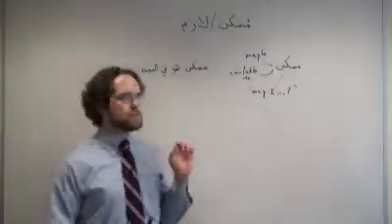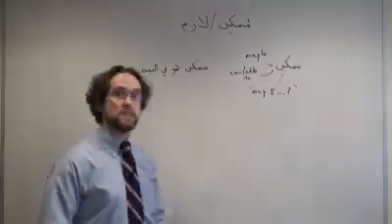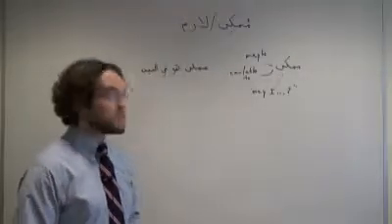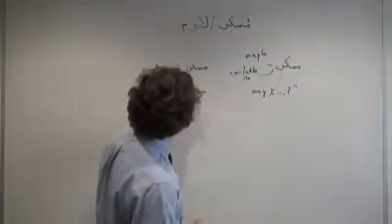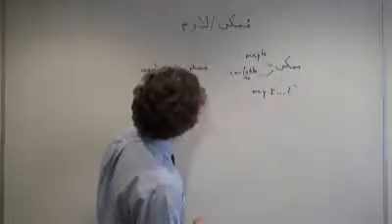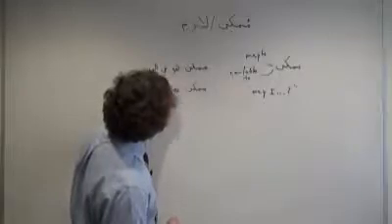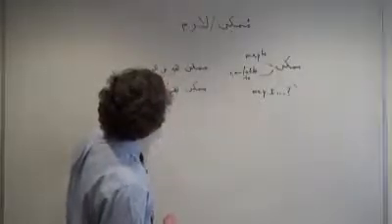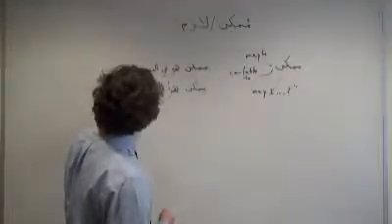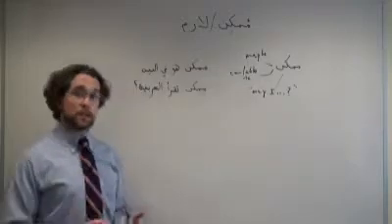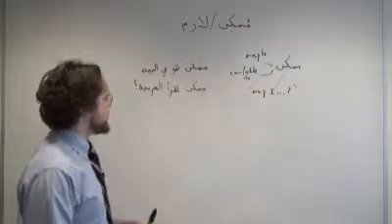Or we can also use it to inquire about the truth of something. So if we wanted to ask, for example, can she read Arabic? We could take mumkin and then use that verb, mumkin taqra al-Arabiyya. If you've studied colloquial verbs, you know that ordinarily, all other things being equal, we're going to have a